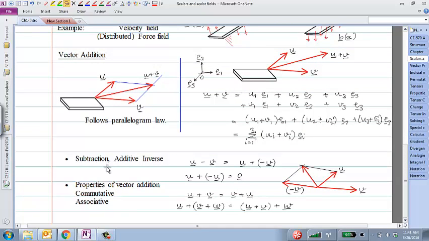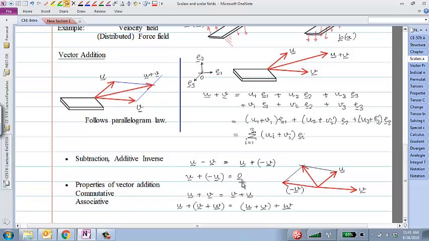A couple more properties of vector addition. In fact, subtraction is nothing but the addition of a negative vector. So if I am trying to do u minus v, I have these two vectors u and v. I'll compute minus v, just the negative of that, and then add them in the same way. So u minus v is just u plus minus v, something that you know. And if I take u and add negative u, of course we get the 0 vector,